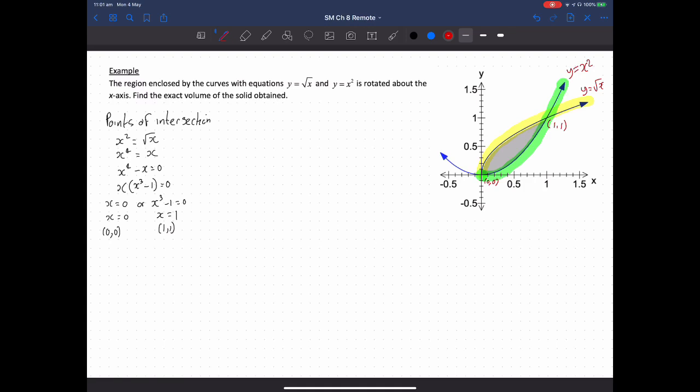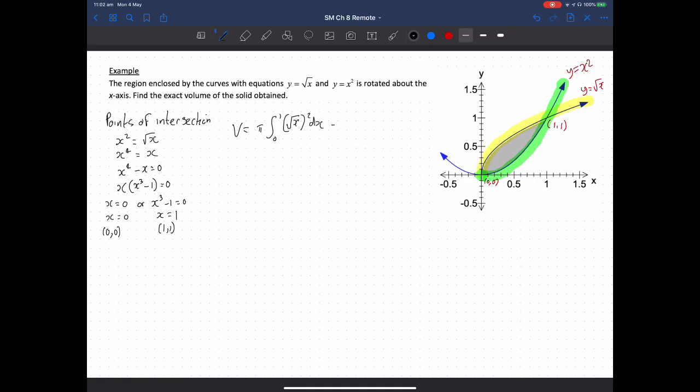From that, we subtract the volume that is generated when we rotate y equals x squared around the x-axis between 0 and 1. My volume is going to be the curve that is on top, so pi times the integral from, we found, x is 0 to x is 1. We know that our curve on top was root x, which we're going to square